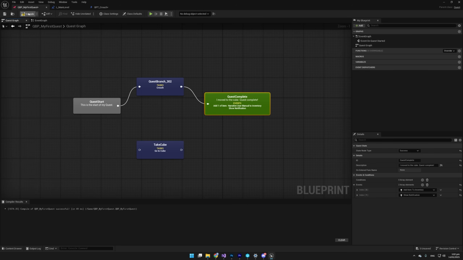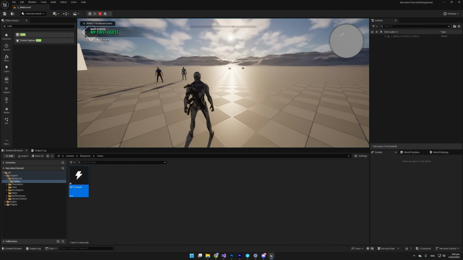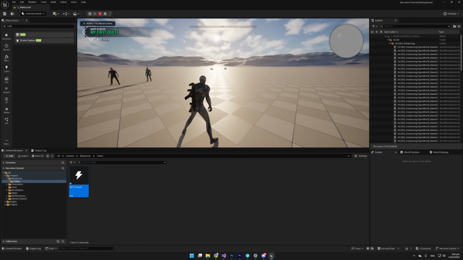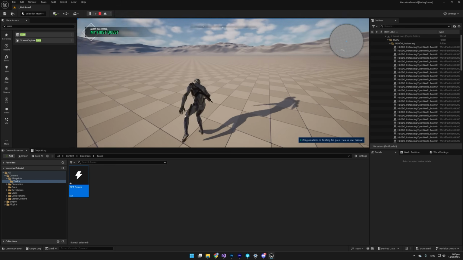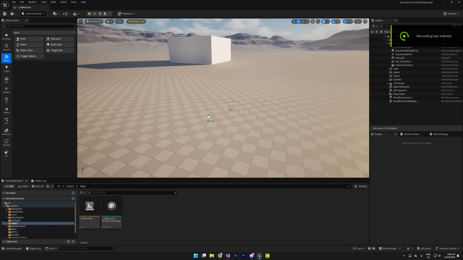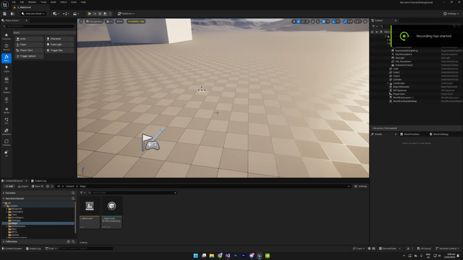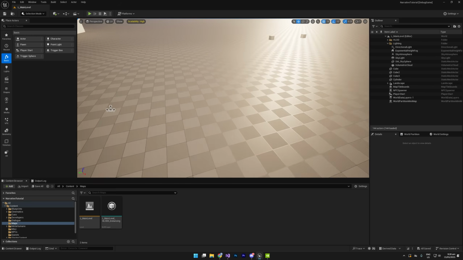I have not even tested this before, so hopefully I've done everything right here, but it's going to start the quest. It's saying that I need to crouch. I'm going to crouch, and there you go. And it's completed the quest. Very nice. Alright, so we're going to tie all this together now by making a basic sort of fetch quest with multiple NPCs, and this is going to help us really tie quests and dialogue together and learn how to